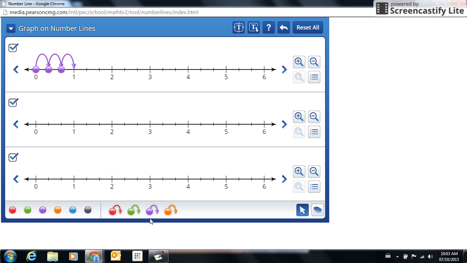So what I'm going to do is keep adding these little arrows until I get to 6. It takes a little bit of work. It's a little time consuming. That's all right. We want you to be able to get the idea behind this before I just teach you